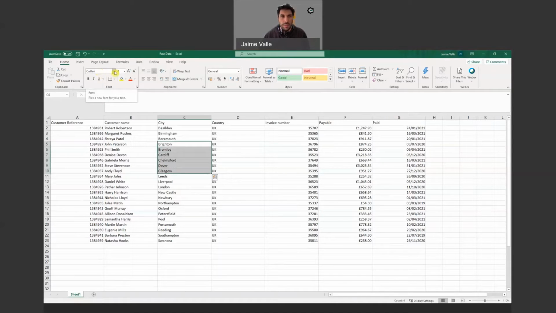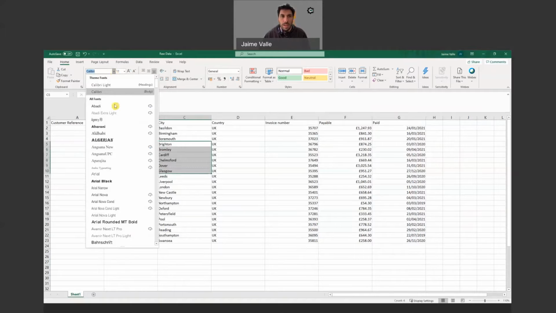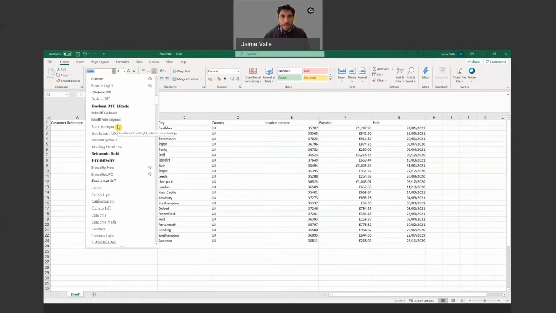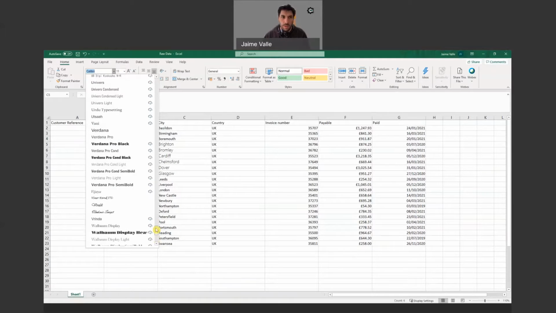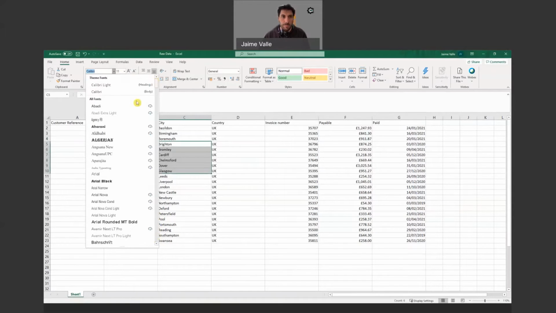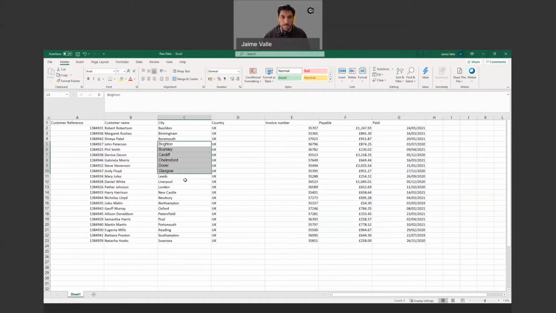You can see I've got a drop list here, and these may vary on your computer. You may have more or fewer fonts installed. I've got a lot of them, and I don't need all of those, but I got them anyway. I'm going to select Arial, just to give an example. As you see, they now look different from the ones I had before with another font.